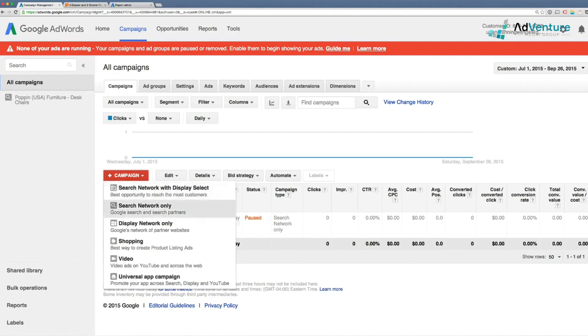So you want to go ahead and just click search network only. Google search and search partners, search network only. That's the only type of campaign that we're going to be running when we talk about Google search ads. When we want to run display ads, we would add a new display network campaign, shopping, video, promoting your app. There are different types of campaigns you could run in AdWords, but for our purposes and for 99% of advertisers,